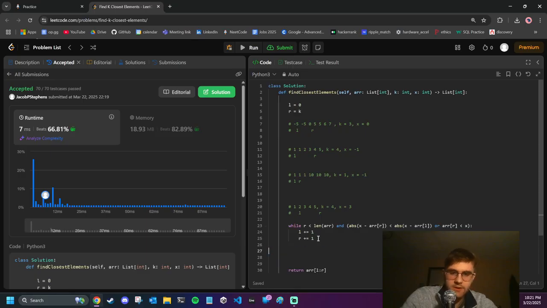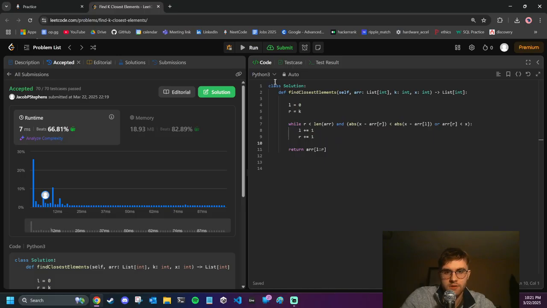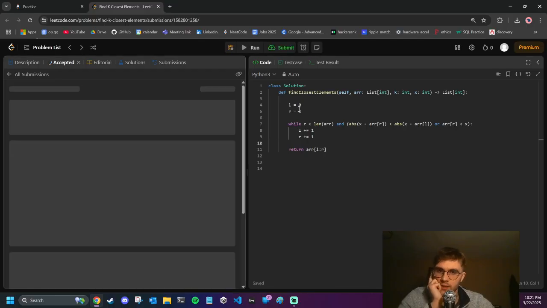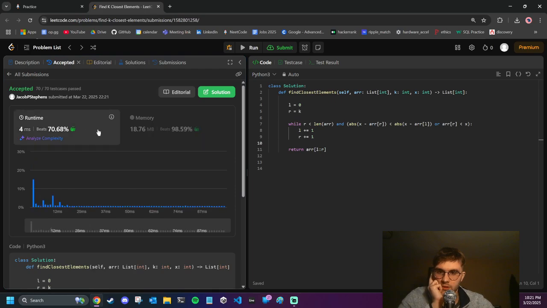It should be really fast actually once I take all this stuff out. It's super simple. It's just this logic here. Yeah, uses no memory. Yeah, so just to recap my solution,